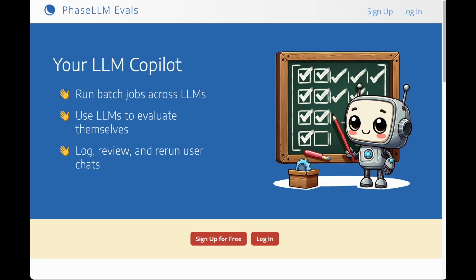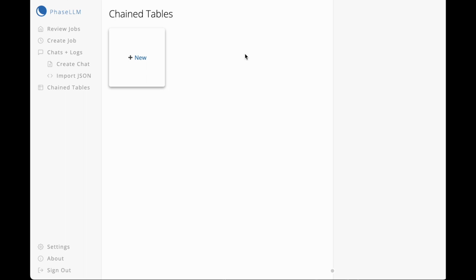Today I'll be walking you through a new feature we've built out for the evals platform that we call chained tables. The idea behind chained tables is that you can essentially build tables with prompts and LLM calls that chain together. I've already created an account that has OpenAI and Replicate API keys, and I'm going to walk you through creating a fairly straightforward but also very powerful illustration of what you can do with chained